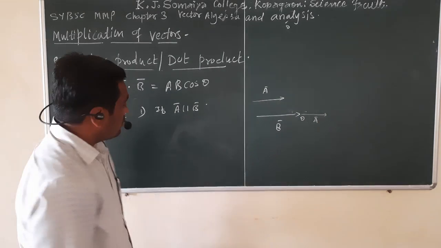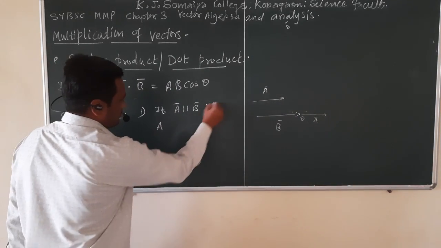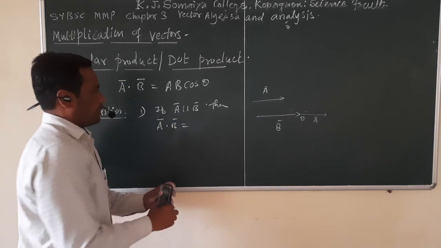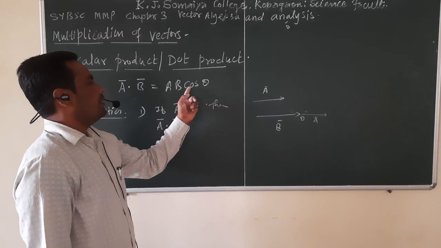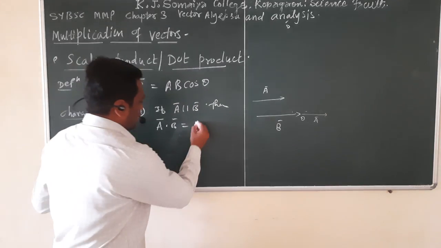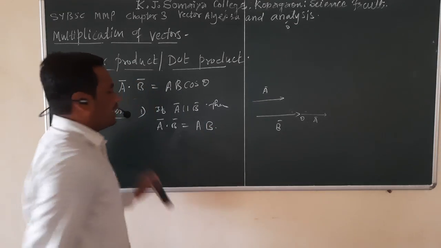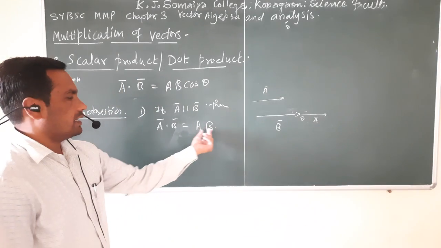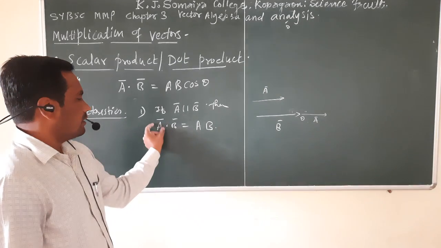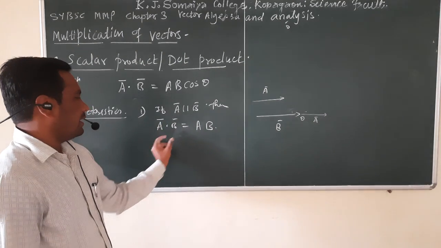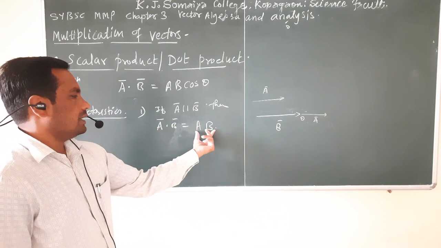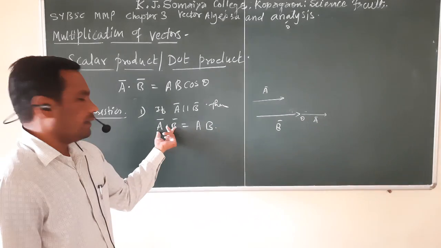Then vector A dot B is equal to A into B into cosine of 0, and cosine of 0 is 1. So their dot product is simply the multiplication of the magnitude of the first vector and the magnitude of the second vector. Remember, the magnitude of this vector is a scalar quantity, the magnitude of this vector is a scalar quantity, which is the length of that vector. So here we get a scalar, while these are two vectors.